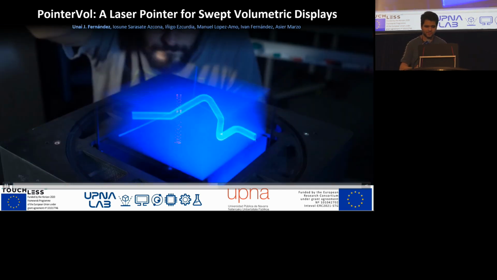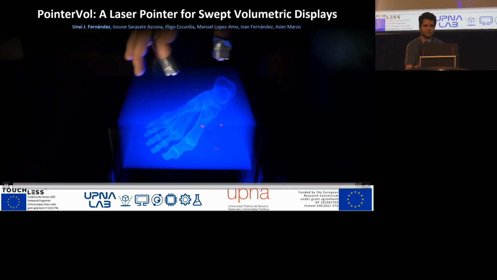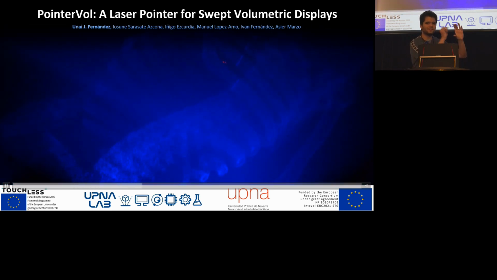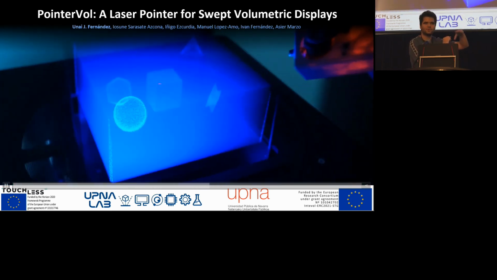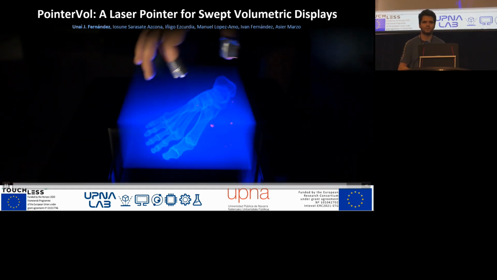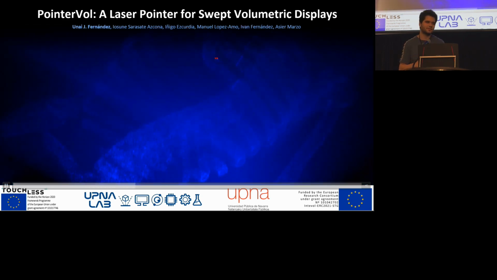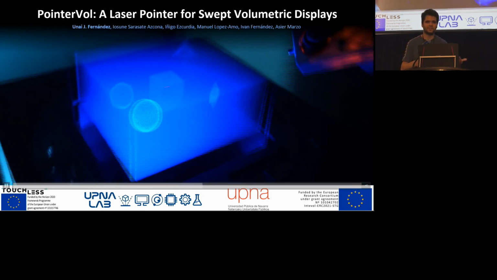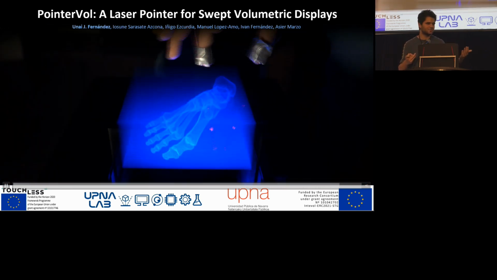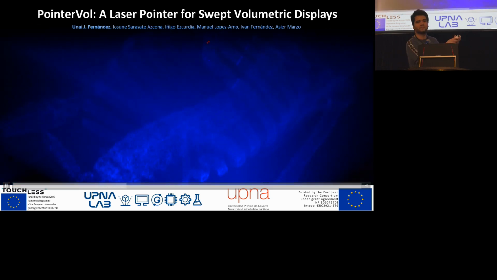Well, it does not need that, because if you know the frequency, which can be regulated using the joystick or with the distance sensor, the dot will always be projected at the same position as long as the frequency stays at the same pace. So would you be able to sense the click? No, it's just a pointing device. The thing is that we don't have a connection to the volumetric display, so we can't interact with it. We can just point as we would with a regular laser pointer.